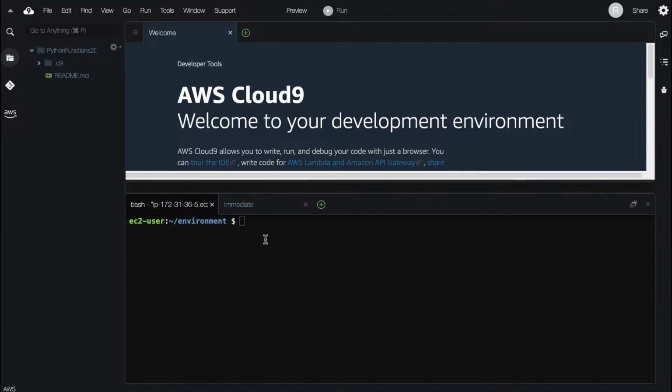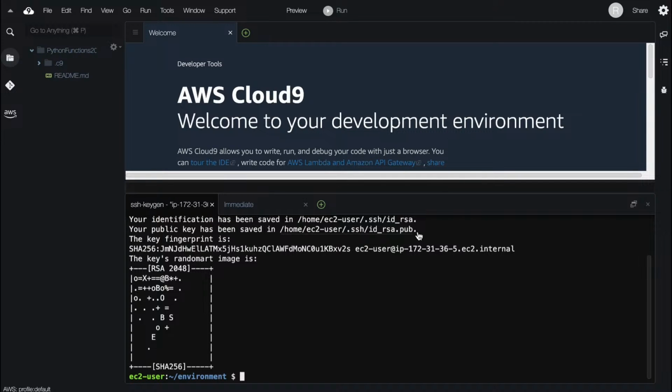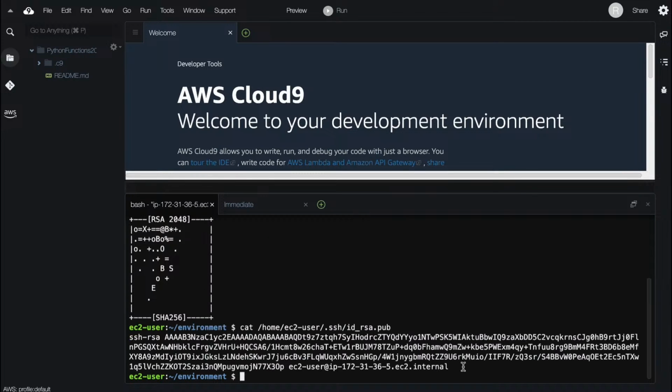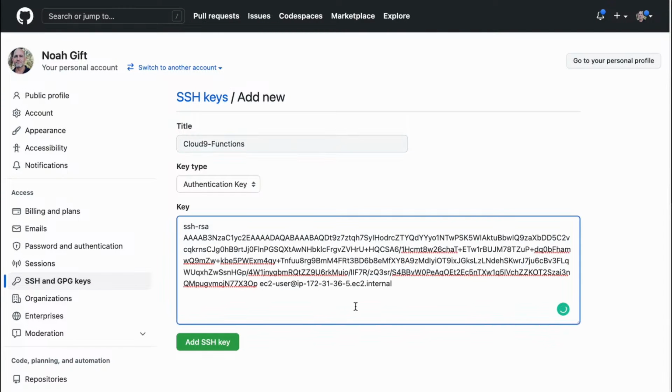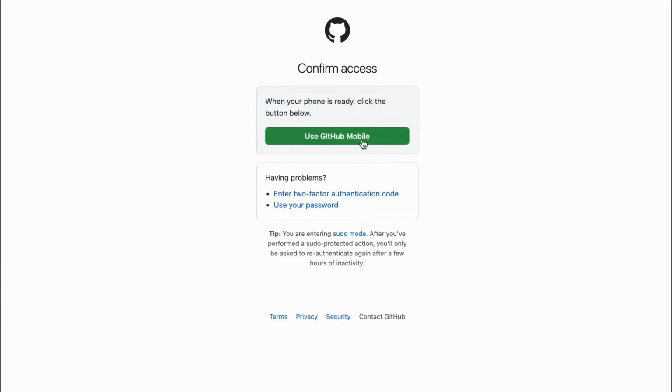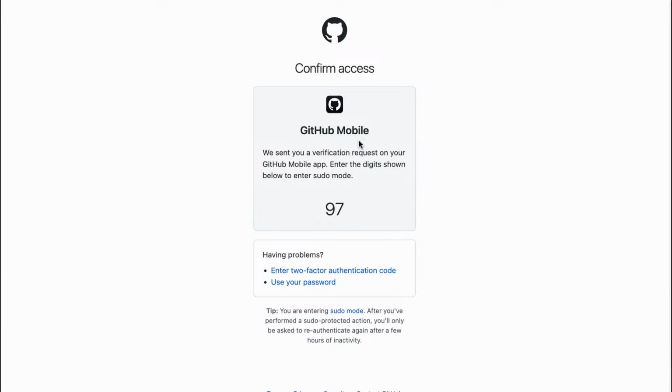All I need to do now to port my code over here is just type in ssh-keygen -t rsa, and it will print out this key. Let's go ahead and do that. And let's go ahead and put this into this environment here. It's going to ask me to put in some codes here. So I'm going to go ahead and do that.